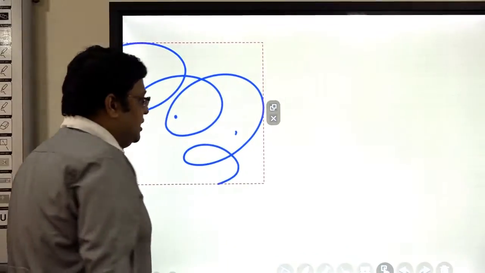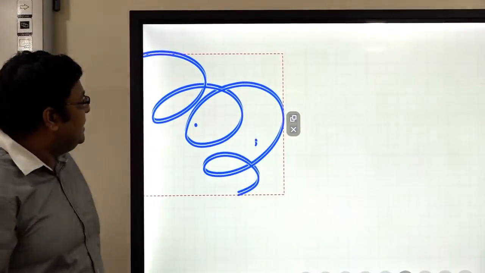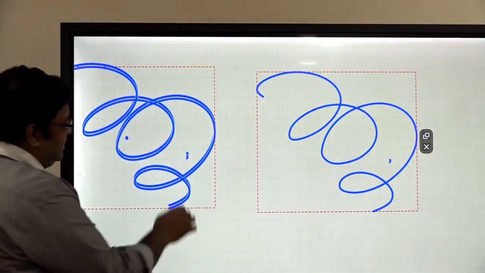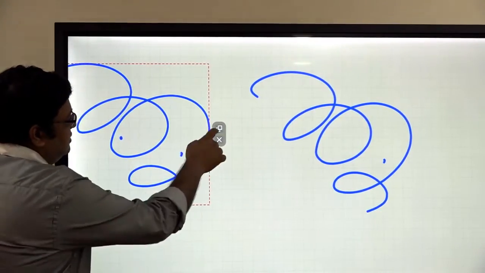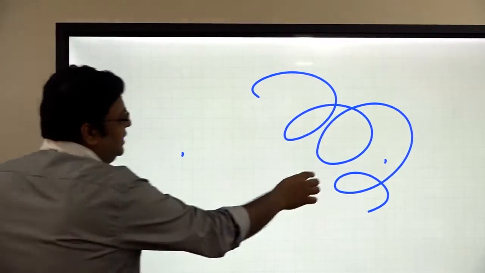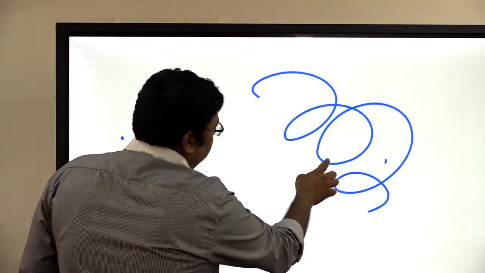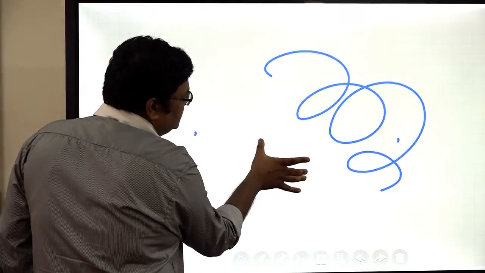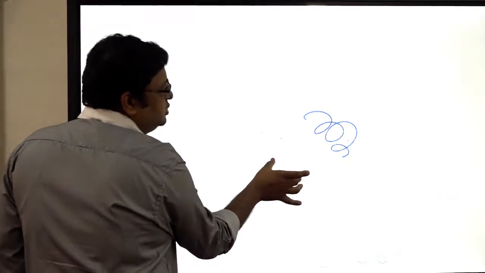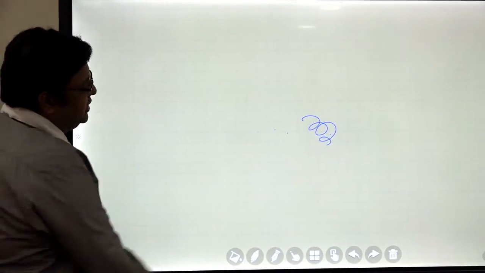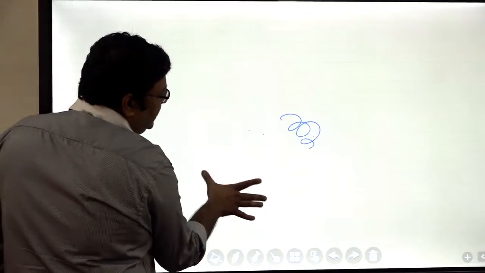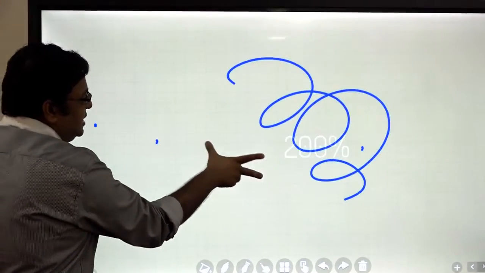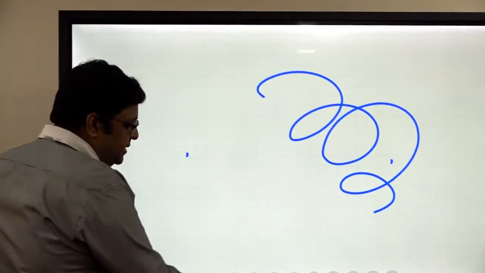Now this can be deleted, or it can be copied, right? Using this particular tab, right? This can be deleted also, and it can be copied also. Okay. Now we can zoom it out. As you can see, 200% we have zoomed, and you can zoom in, zoom out. Both options you can do. You can make it shrink, you can make it bigger. Okay, just by dragging with 2 fingers, keeping 2 fingers and dragging it out. Right? Okay, as simple as that.